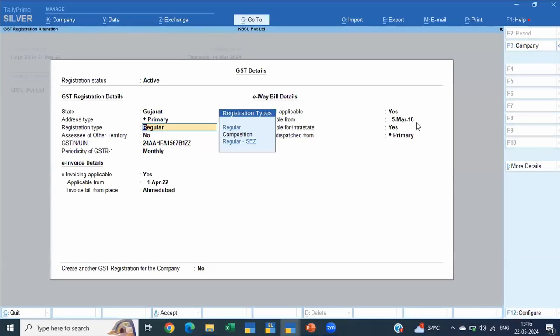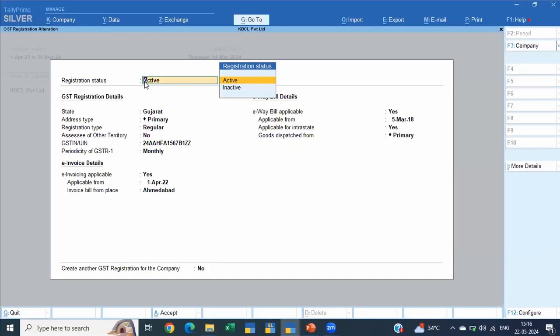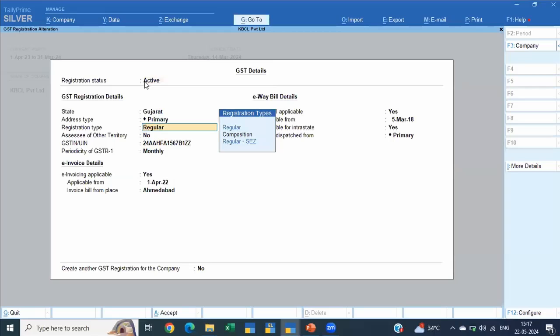So this is what your screen looks like. Now you have certain additions made from this version onwards, from version 3 onwards actually. There's something known as registration status. What happens if you don't file your return for, say, 3 consecutive months, or for any other reason, your GST license gets suspended temporarily. To handle that, you have an option to activate or inactivate the company. That is why this option has been given. Or say you have surrendered one of your registrations. In that case also, you can deactivate your registration.